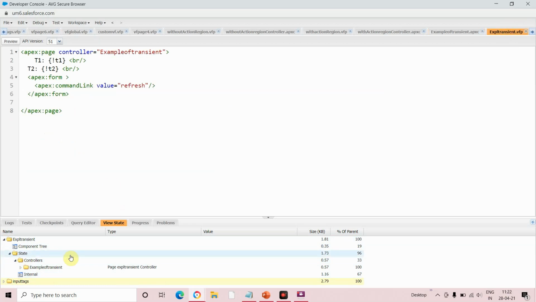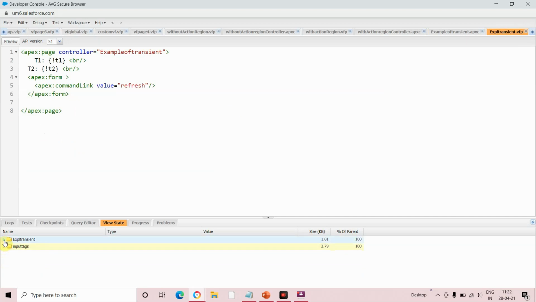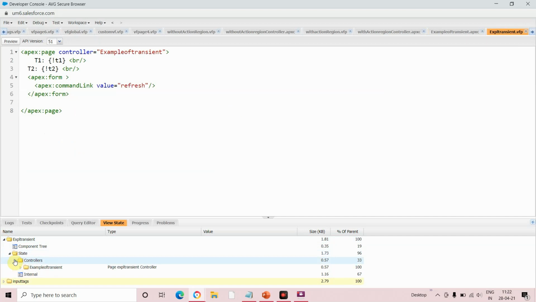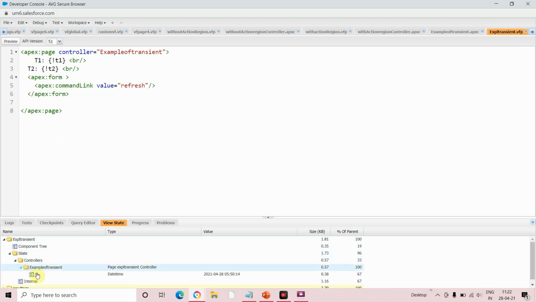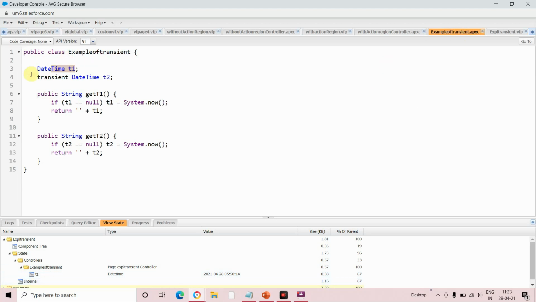Okay, so here when you click on the state, when you click on this controller, on this example, see here T1.